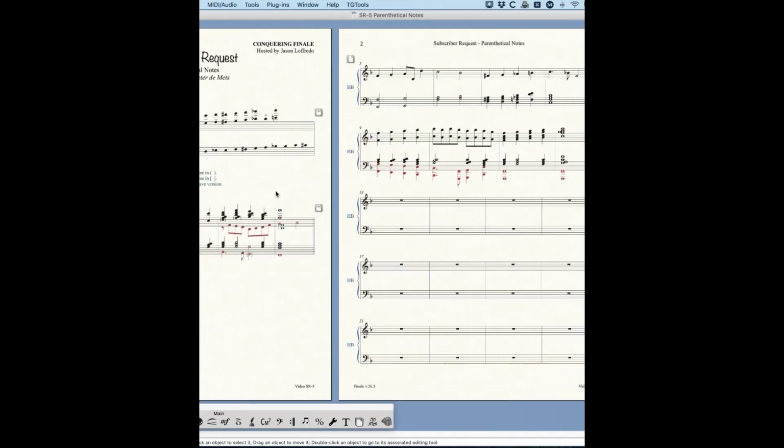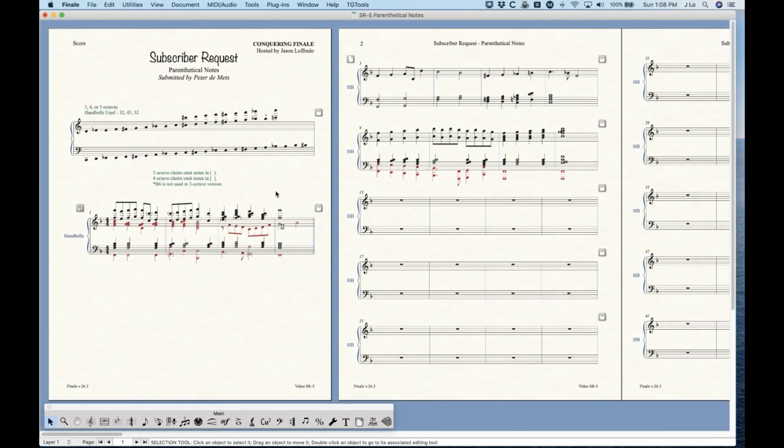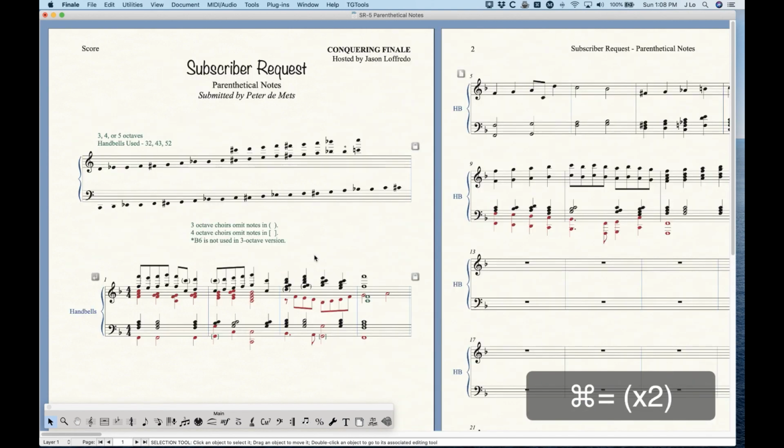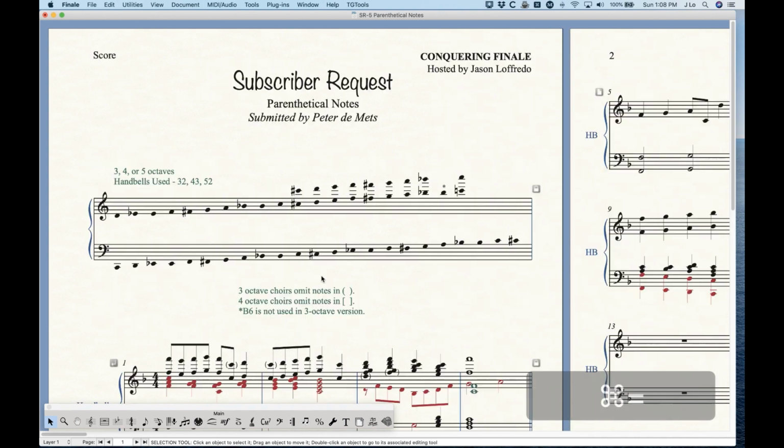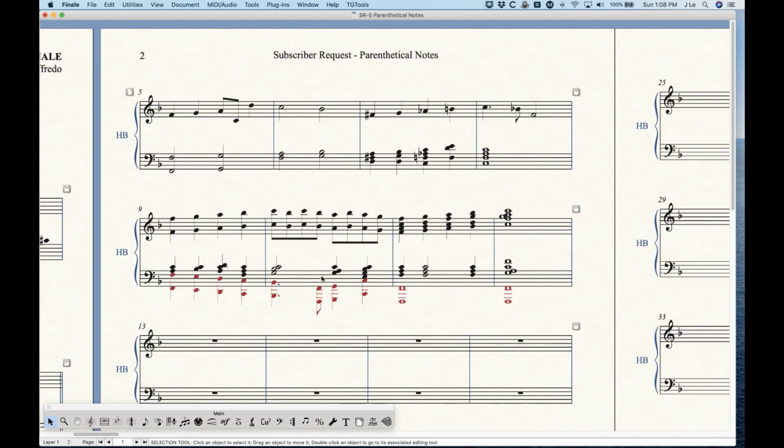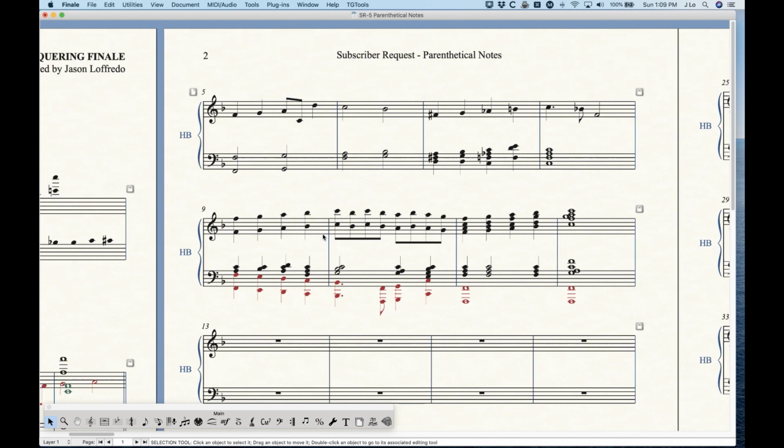Now, let's see what we can do about these parentheses. So, as I mentioned at the outset, this is not exactly easy. There is no native functionality in Finale that will make elements avoid accidentals or augmentation dots or any other horizontal considerations. So this is a little bit tricky, and the other part of it that makes this challenging is that